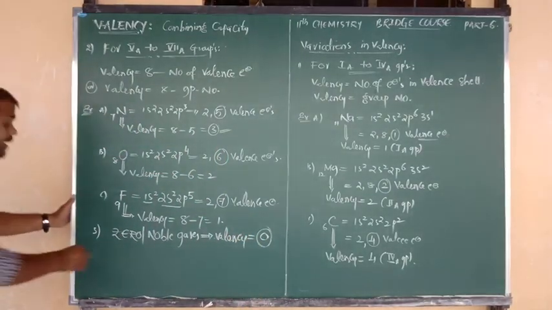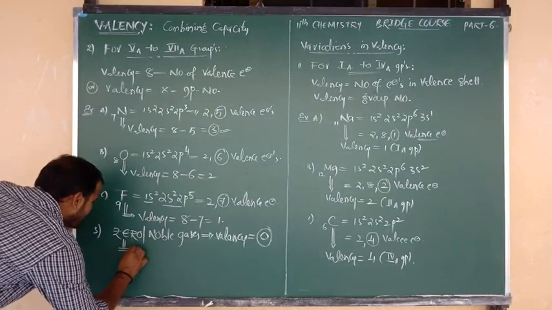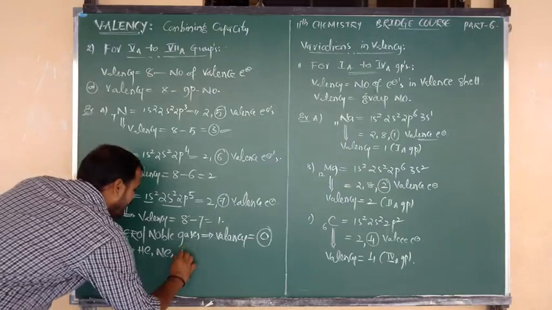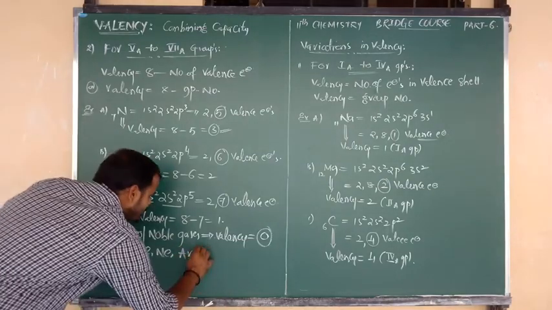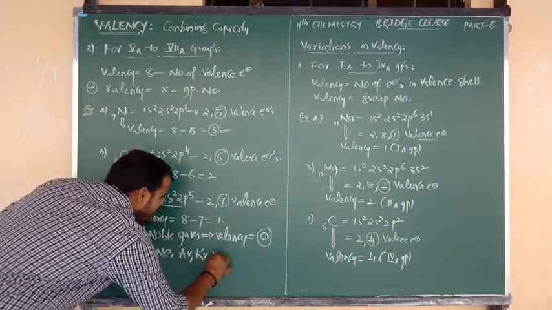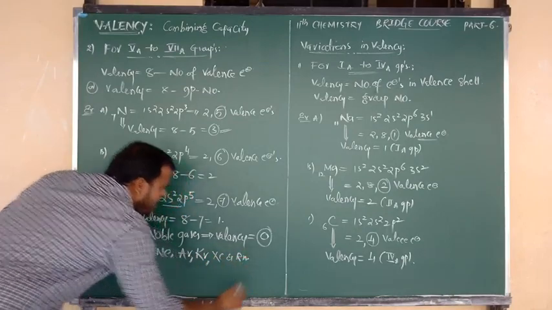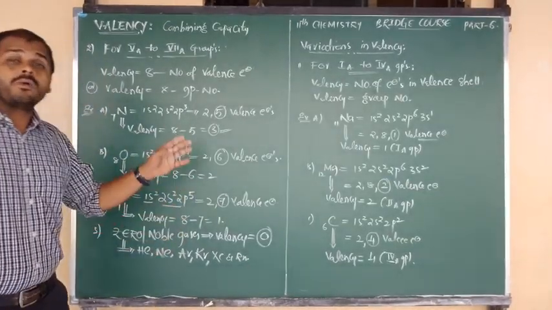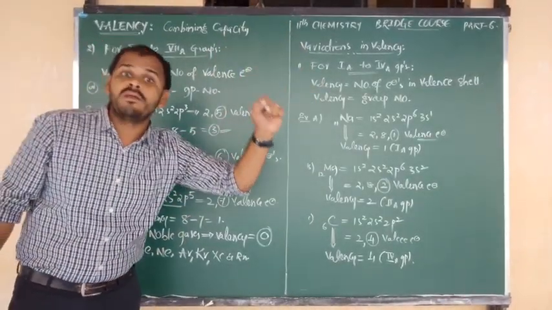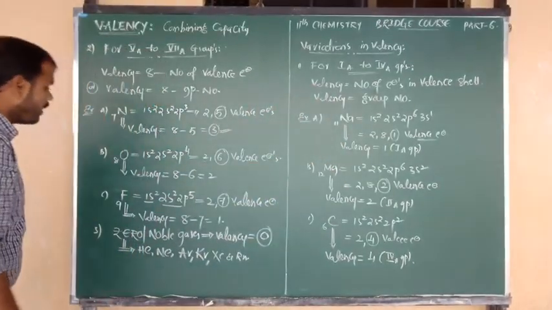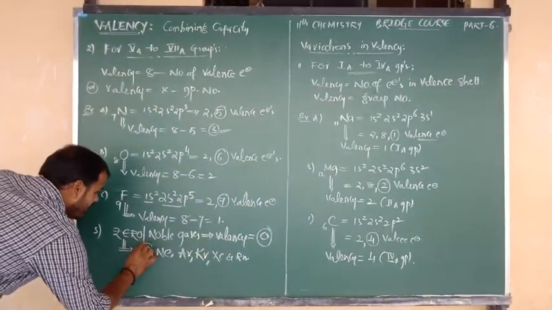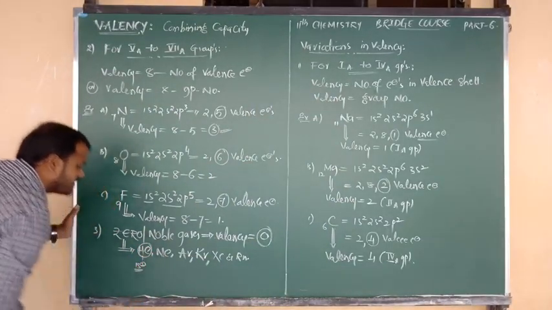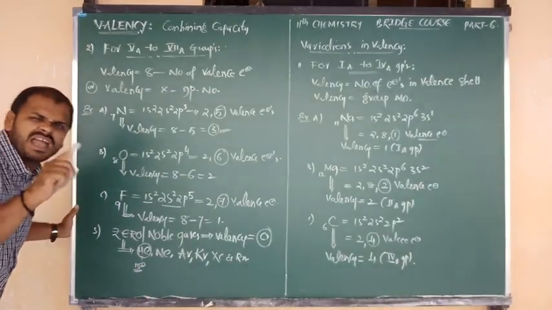What is the reason why zero group elements are noble gases? The answer is: helium, neon, argon, krypton, xenon, and finally radon. All of them are the zero group elements or noble gases, which are present in the last group of the periodic table, right side. And all these zero group elements have stable configuration. Helium has 1s2 electrons in its outermost orbit, but due to its stable nature, its valency is 0.